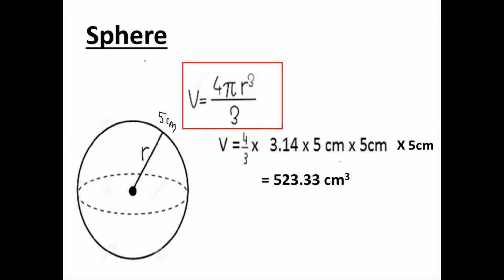And let's see how to find the volume for the sphere. So the formula is given by this 4/3 pi r cube. So r cube means r times r times r. So 4/3, that is here, and pi, that is 3.14. R cube means the radius here, so that is given as 5. So 5 times 5 times 5. So when we do that, we get 523.33 cubic centimeter. So that's how we can find the volume for a sphere.